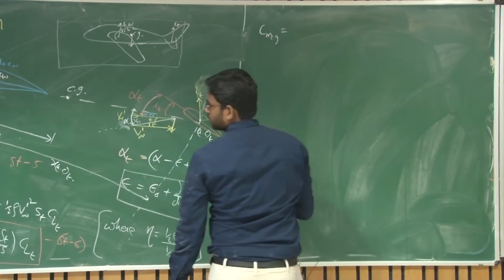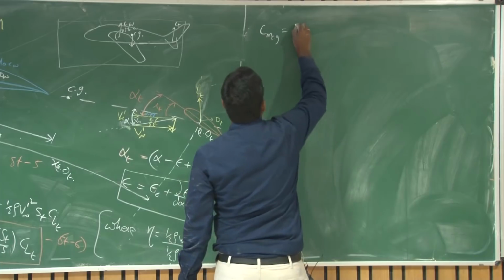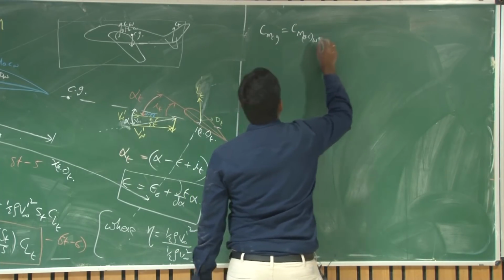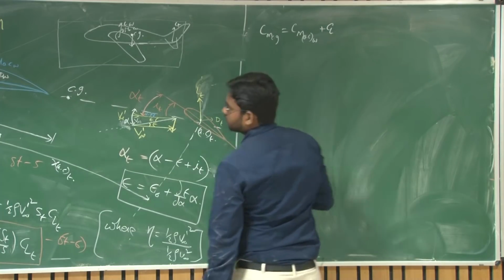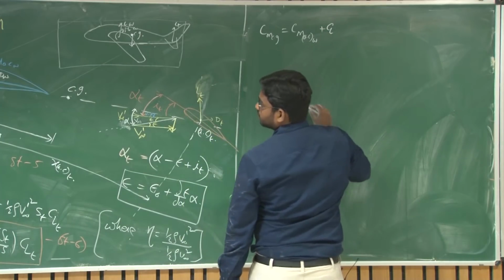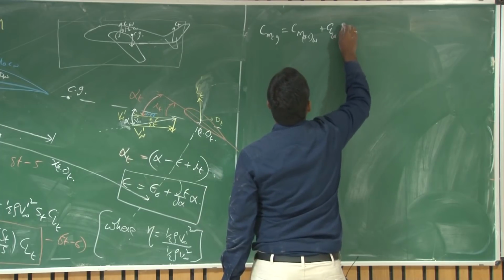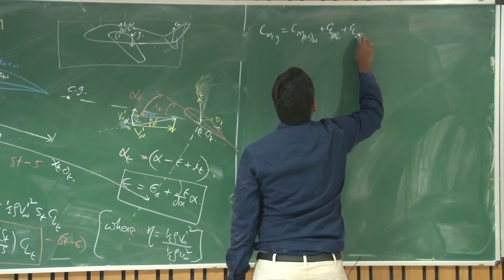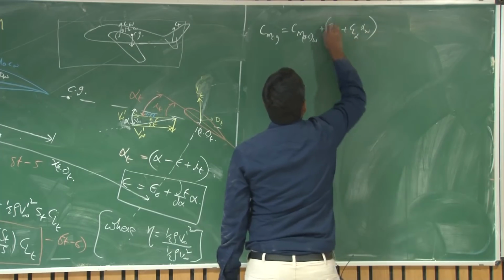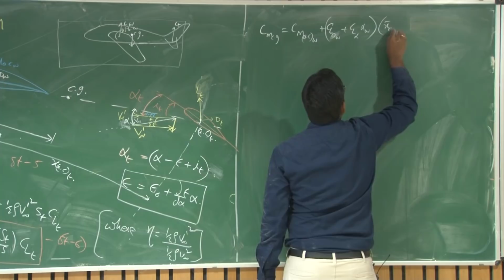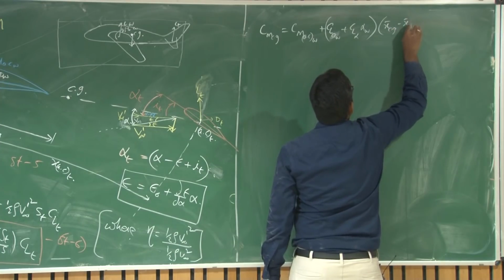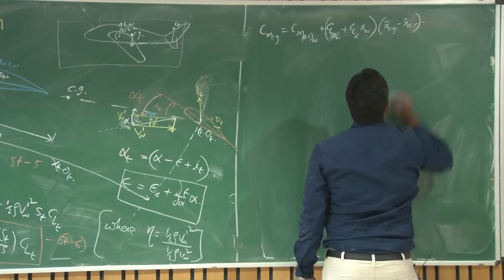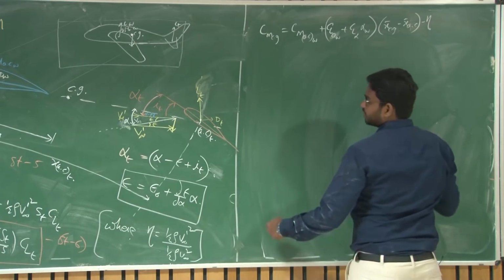Cm about Cg is equal to Cm AC of wing plus CL of wing, which is CL naught of wing plus CL alpha into alpha of wing, multiplied by the corresponding moment arm, which is x bar CG minus x bar AC, minus eta, because lift from the